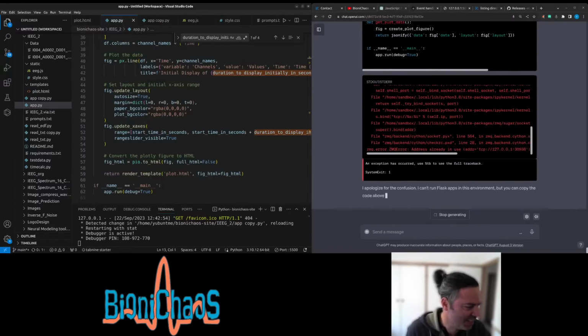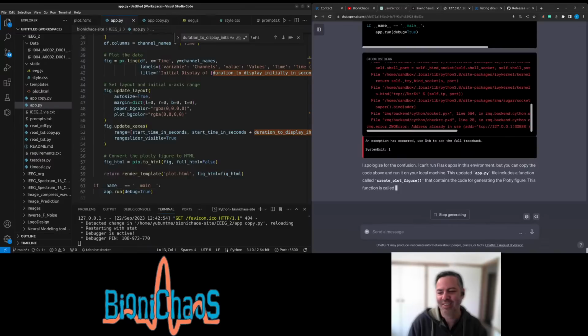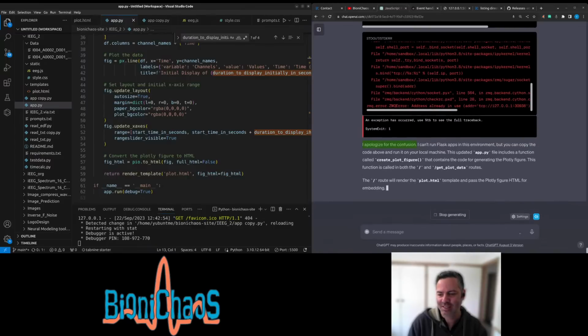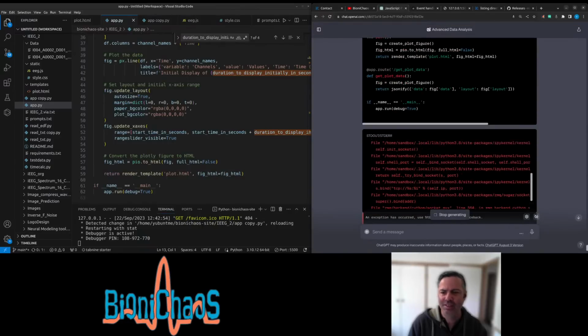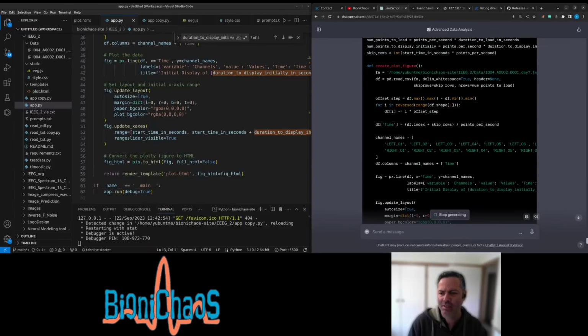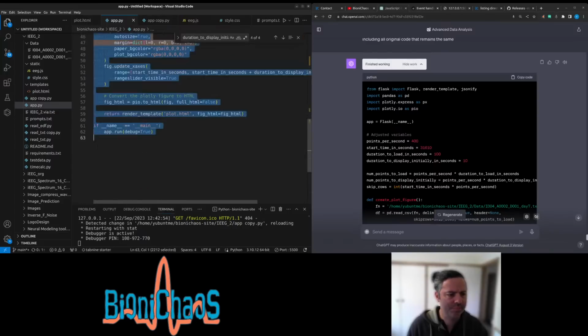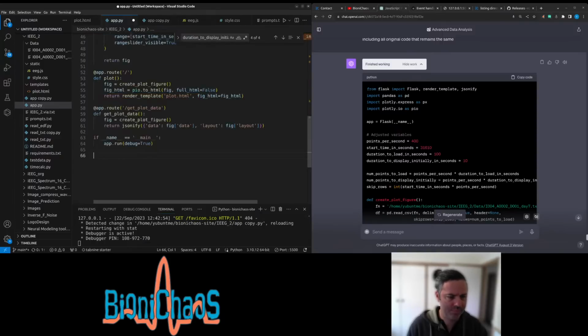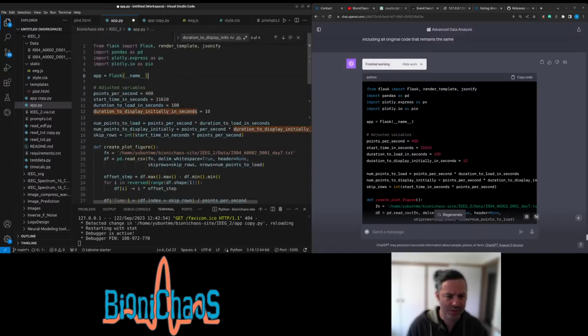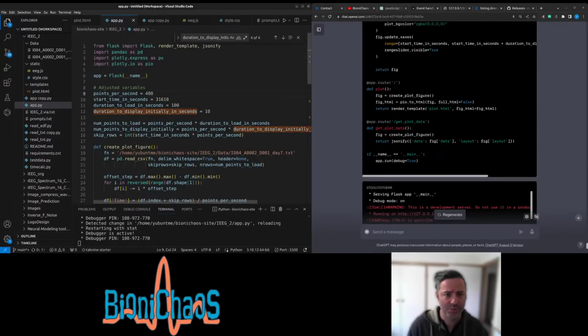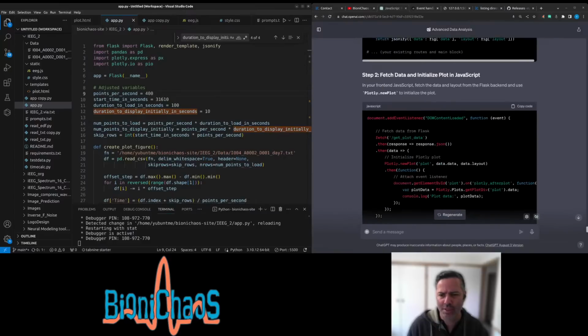Yeah, it's trying to execute on the server. Don't do that. I apologize for the confusion. It's okay. It's fine. Yes, the file name is there. So this should be using JSON. Now we also need to update JavaScript.